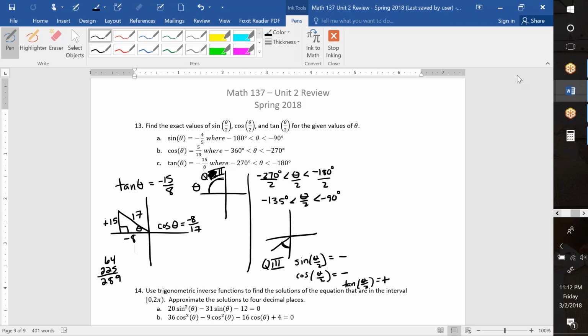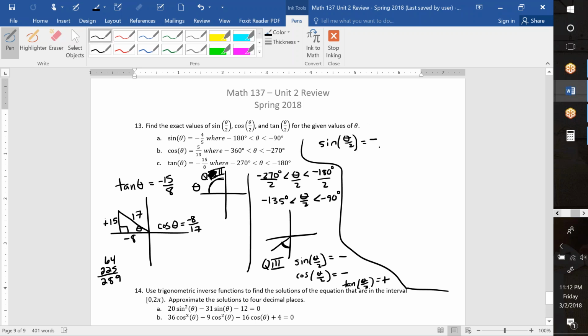positive. So the only reason we needed to cut all of these in half is because it's not naturally giving us the correct signs when we cut something in half from the original theta unless we analyze the new quadrant of that location. So what we're going to do now is do all the formulas. And we're going to choose the correct sign based on this, and we're going to use this cosine in our formula. So sine of theta over 2 is going to be